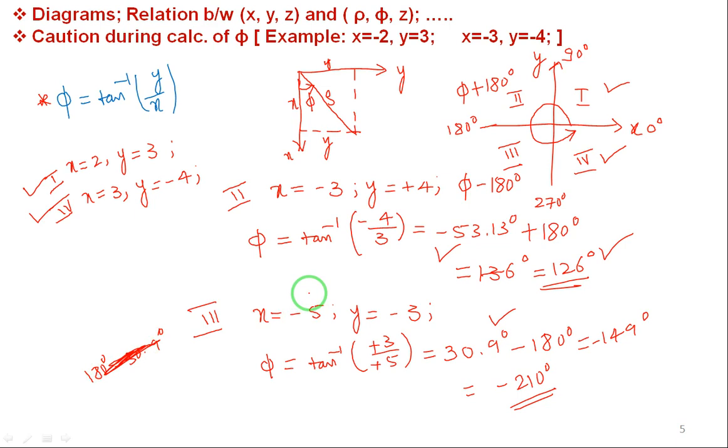Okay, I will use my mobile to calculate. Scientific calculator is there in the mobile. I will use that. Give me a time. Tan is not there. Tan inverse is not there. Inverse. No, it's not there.